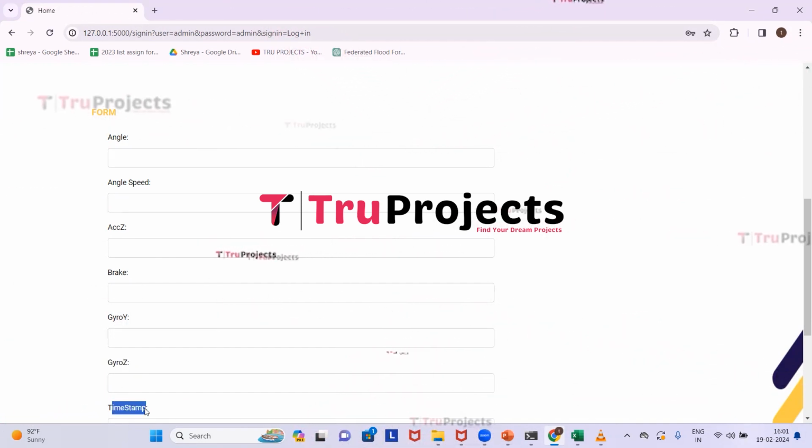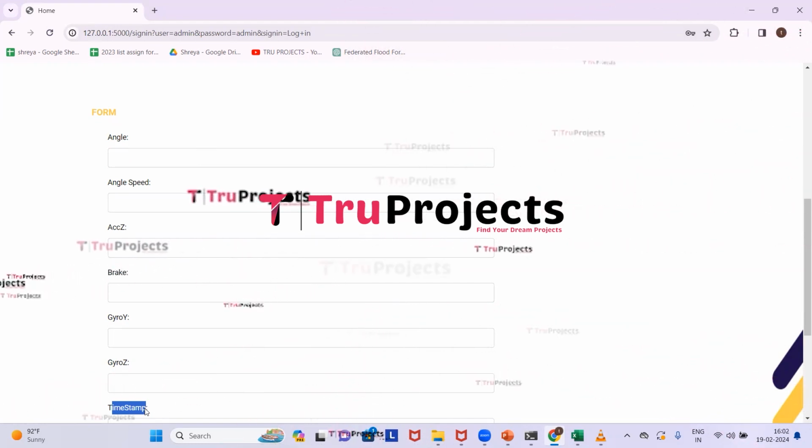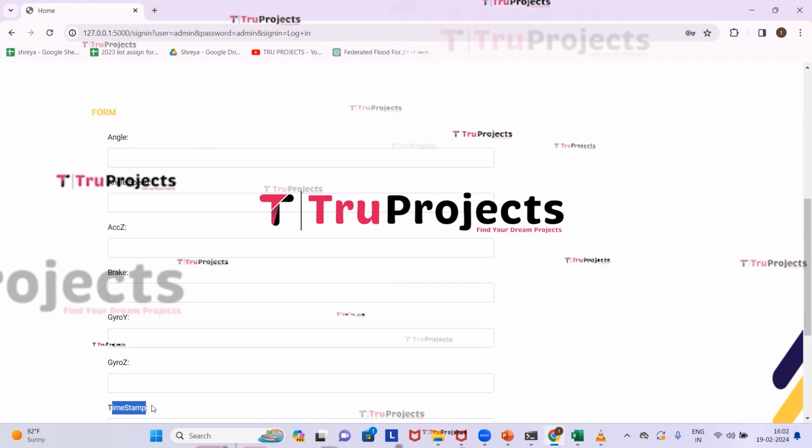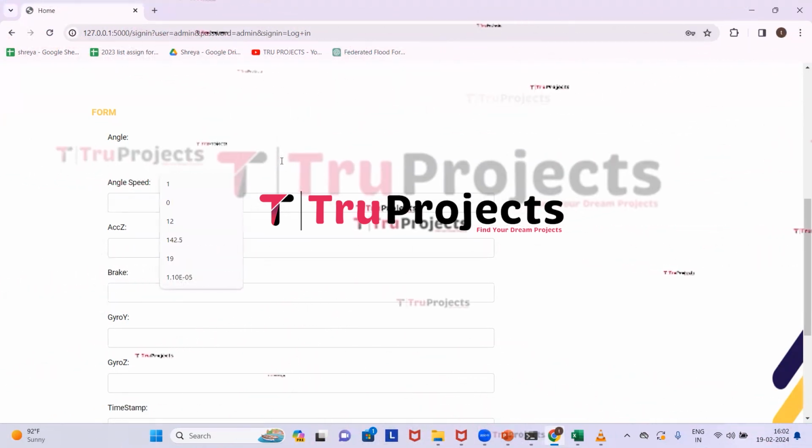The last one is timestamp. The point in the time when the data was recorded, typically in standardized formats such as Unix time or date and time. So now we will enter these parameters. The angle value is